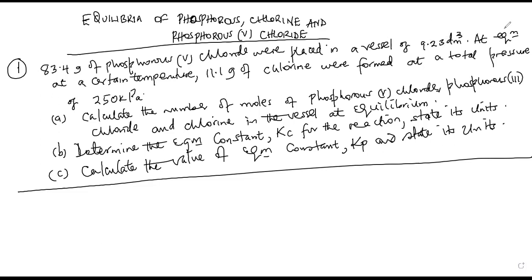Right. So they're saying that at equilibrium, 11.1 grams of chlorine were formed at a total pressure of 250 kilopascals. So they want us to calculate the number of moles of phosphorus 5 chloride, phosphorus 3 chloride, and chlorine in a vessel at equilibrium. What do we start with? Because we are given masses, we need to get the number of moles. So we need the molar mass